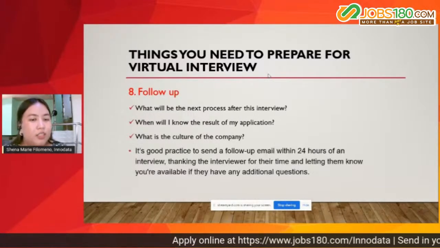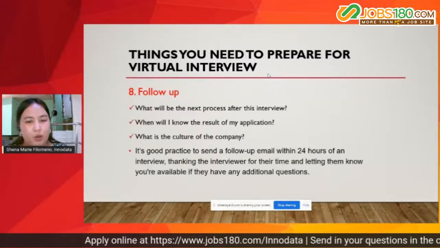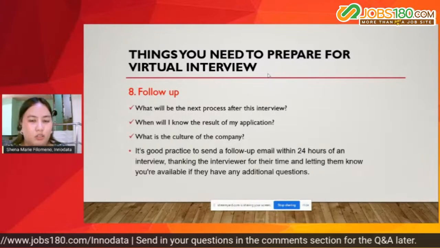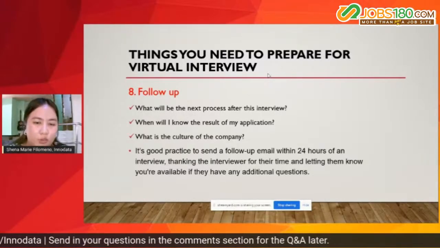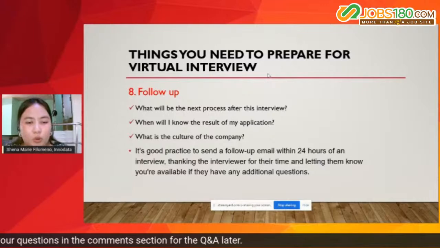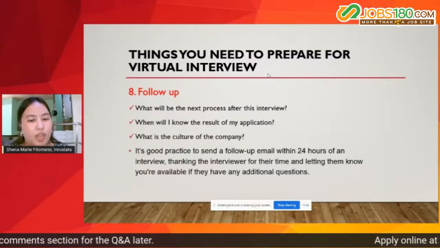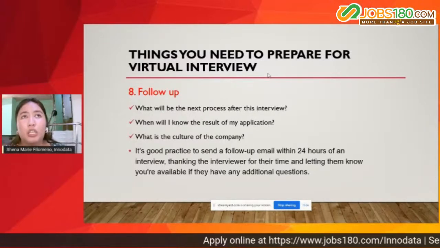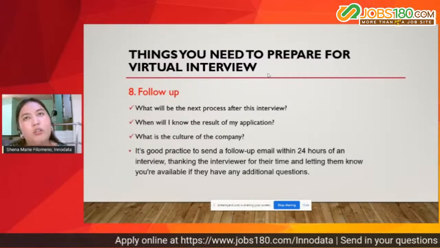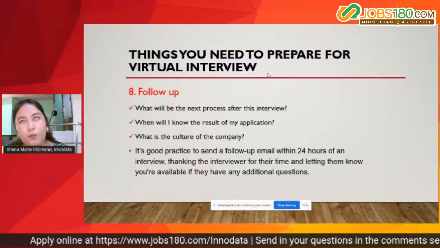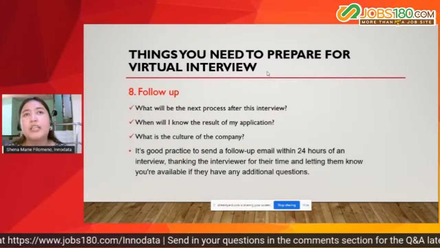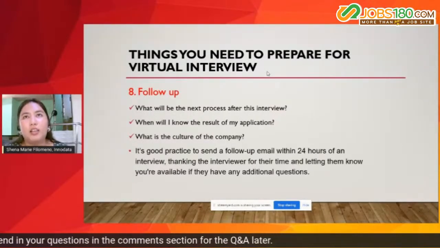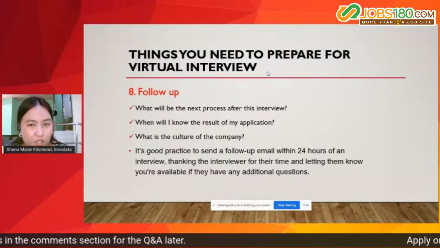So you can send, or it is a good practice to send, a follow-up email within 24 hours of an interview, thanking the interviewer. Of course, don't forget to thank the interviewer para sa time and letting them know that you are available if they have any additional questions. Okay? So maybe after the interview, so let's say in-interview ka ngayon, so tomorrow, you can ask a follow-up tomorrow kasi sa dami-dami na pinaprocess ni HR,